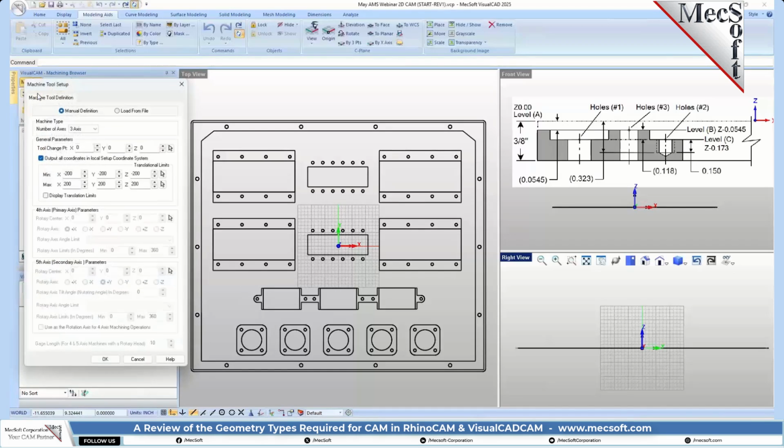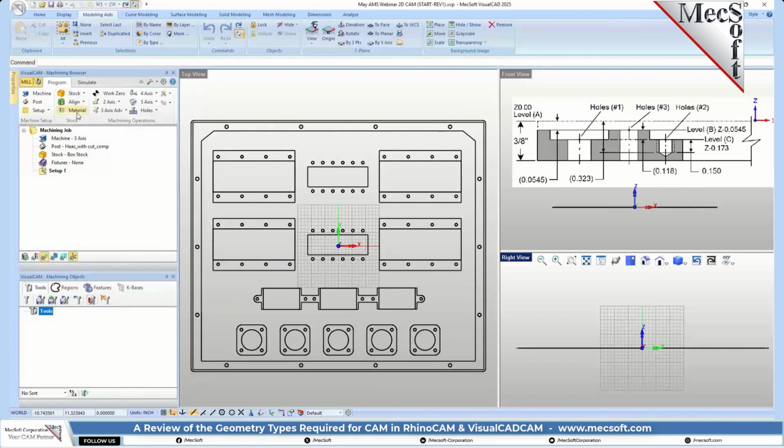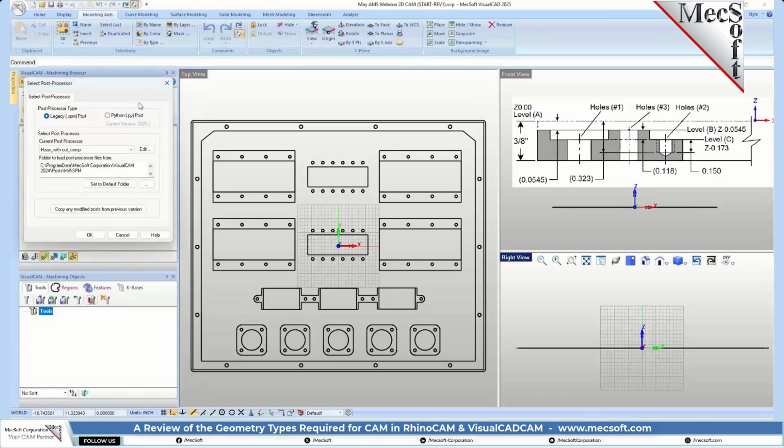Our machine is not going to change. It sets the 3-axis, whether they have 3-axis or 2.5-axis. So we don't need to do anything there. The post, I already have it set